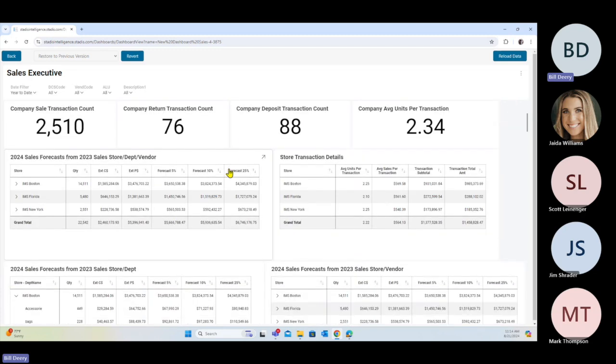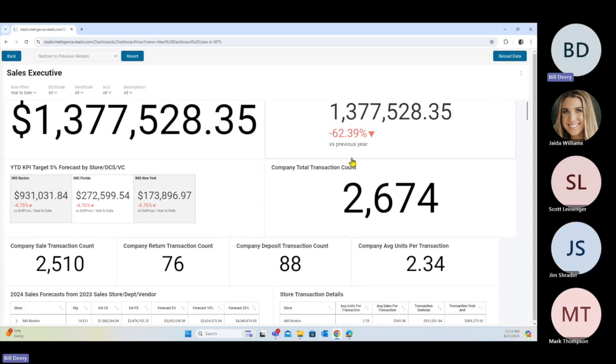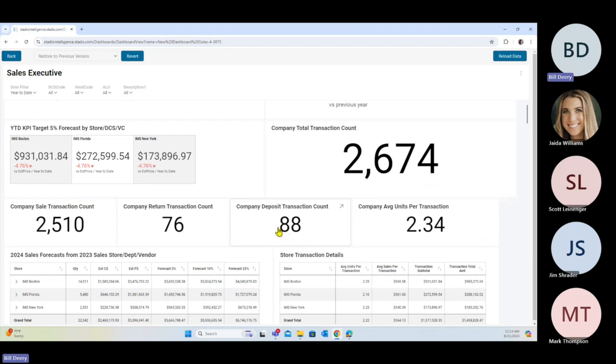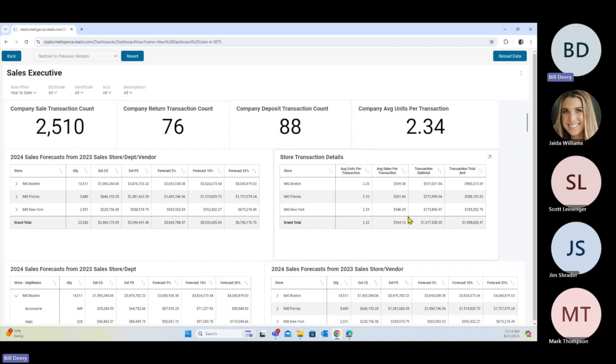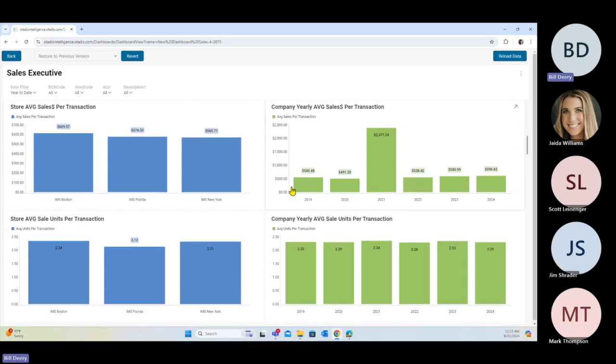So if I scroll down, you're going to see I've got total sales. I've got a percentage, company sales percentage to how I was doing last year compared to this year. I've got some targets. I've got transaction counts, company deposits, returns, transactional information. I've got some forecasting information that we've built into this. And you can see, how would I do if I did 5%, 10%, 25% based on last year's data. Transactional details. I've got bar charts